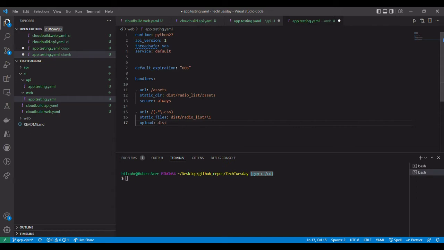Upload is also going to be the same, radio list, all of the files that need to be included. Dot CSS. Okay, secure